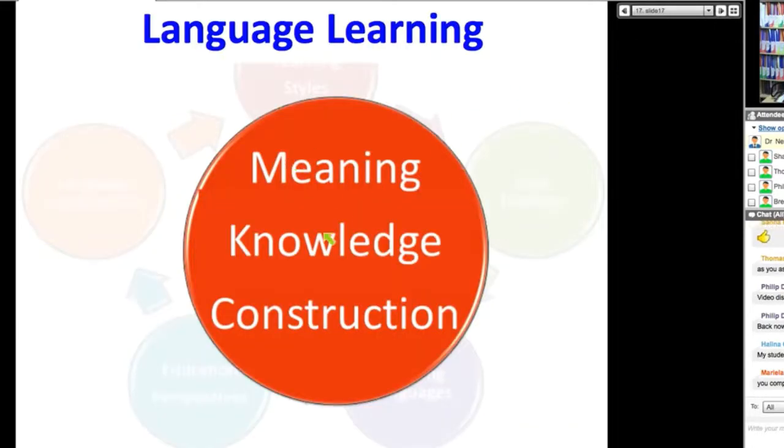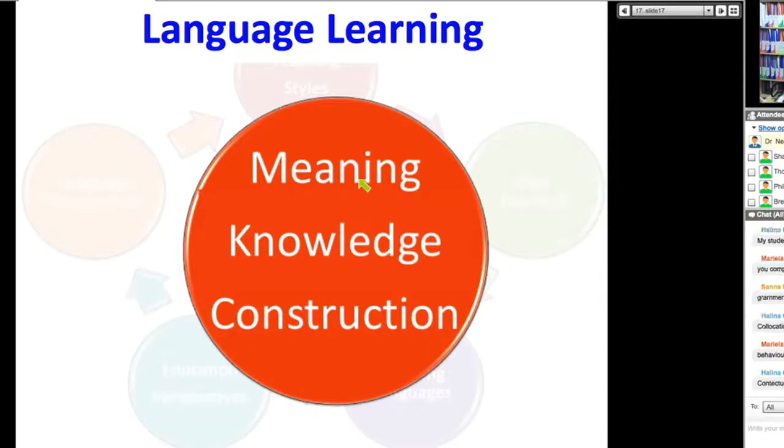So language through conversation. Language learning through conversation means that you base everything on meaning. So if you say, hello, everyone, it's not only the words that you use, it's your body language. Hi, or bye-bye. Okay, so you're using meaning. Collocations, that's right. You're using meaning. And that's how knowledge is constructed. So the brain, we're talking about language learning theory, the brain processes the information from the meaning that it gets.